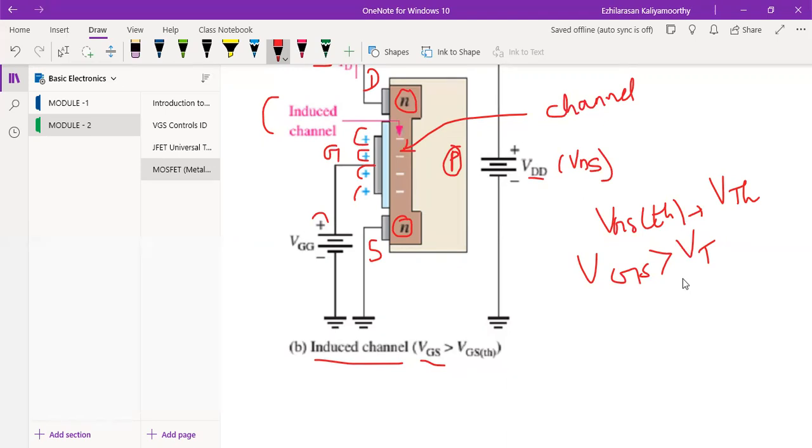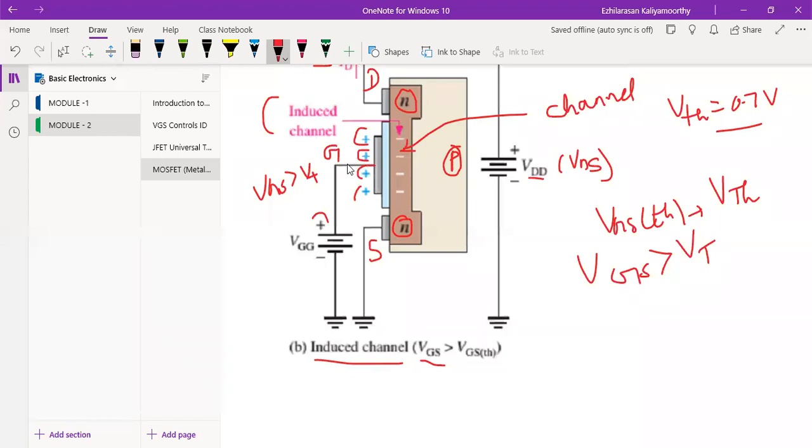The threshold voltage is nothing but the minimum voltage to start to conduct. For example, for silicon material, VTH is equal to 0.7 volt. When your VGS crosses 0.7 volt, only then will it start to induce a channel there. How will it induce? Simple: I increase my VGS so that it is greater than VT, and automatically what will happen here?